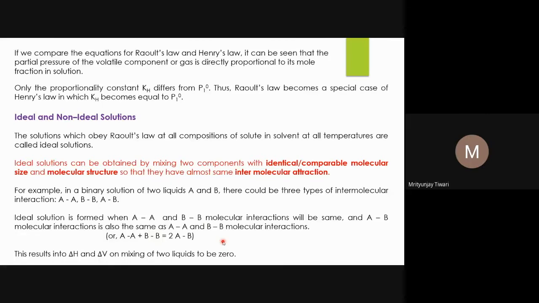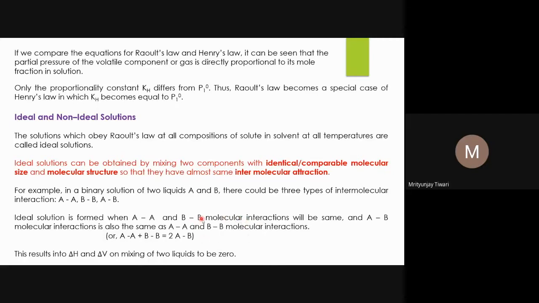In reality, if the solute and solvent are different substances, then only can we say there is a solute or solvent, otherwise there is only one pure substance, there is no solution. So if they are different, then these interactions are never going to be exactly equal, but they might be nearly equal, and nearly equal means the solute-solute interaction plus the solvent-solvent interaction is equal to 2 into the solute-solvent interaction. Then we can say the behavior of the solution will be near to ideal behavior.